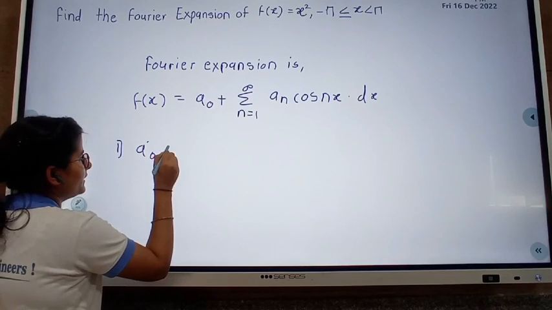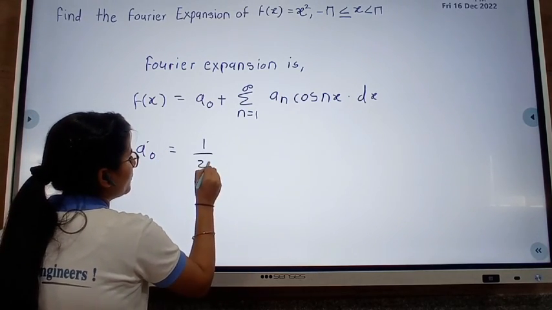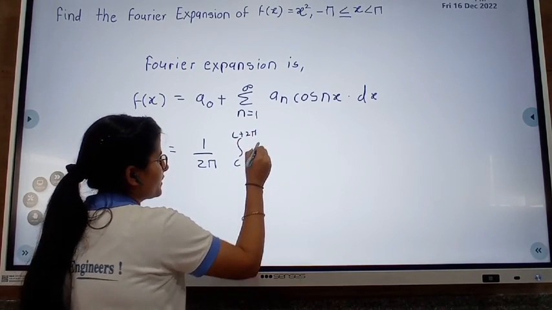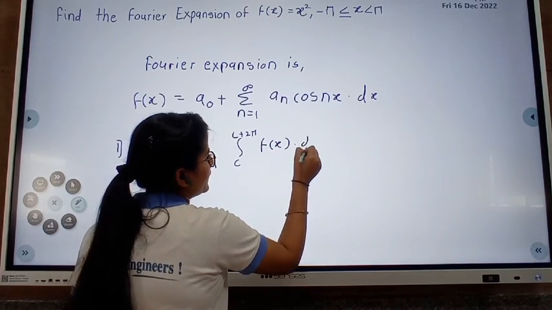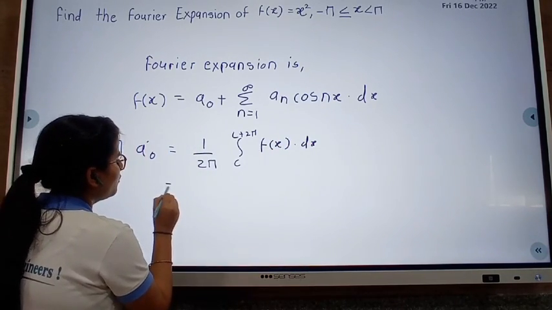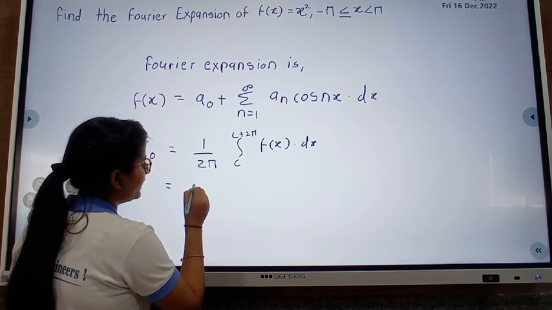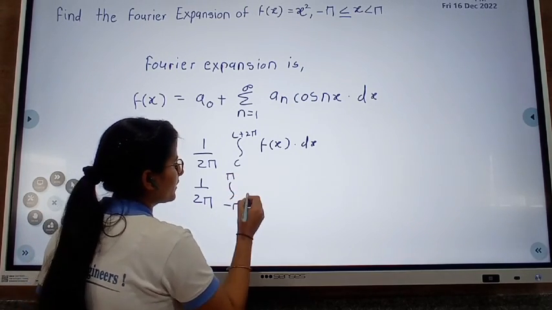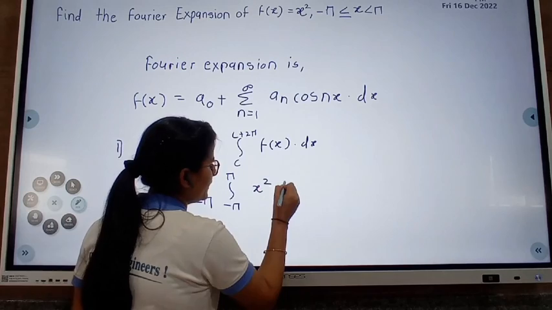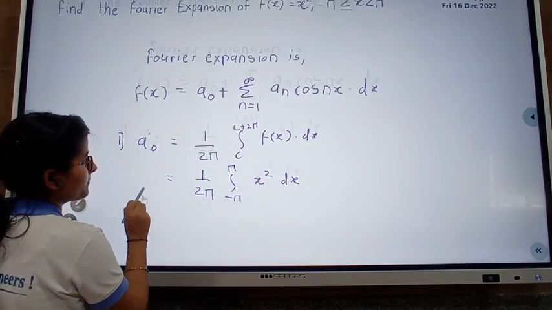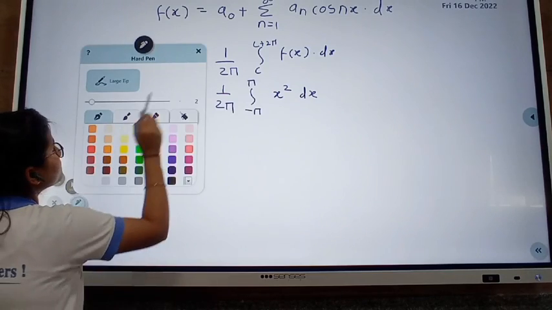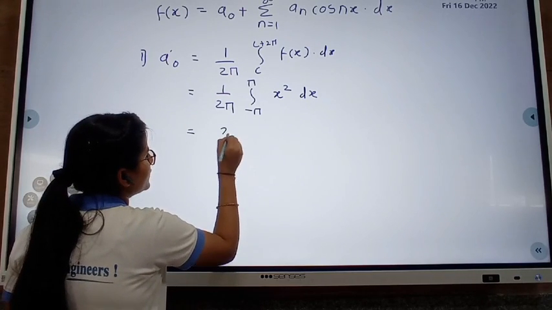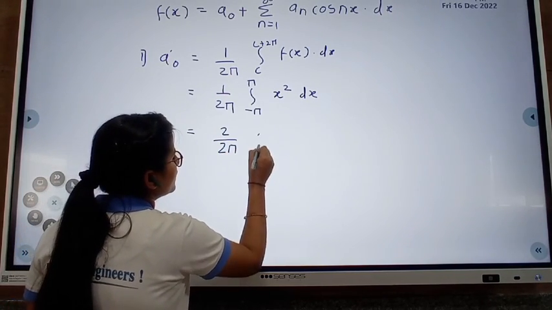The formula for a naught is 1 upon 2 pi integration of c to c plus 2 pi f(x) dx. So this is the general formula. We will put the value in this. So it will become 1 upon 2 pi integral from minus pi to pi, where f(x) is x square, dx. Now when we multiply it by 2, it will become 2 upon 2 pi, 0 to pi,